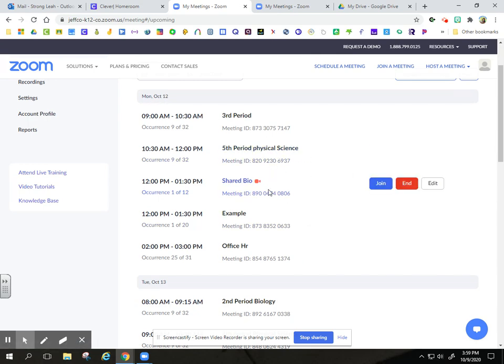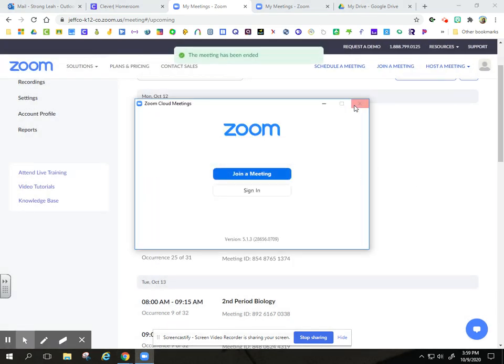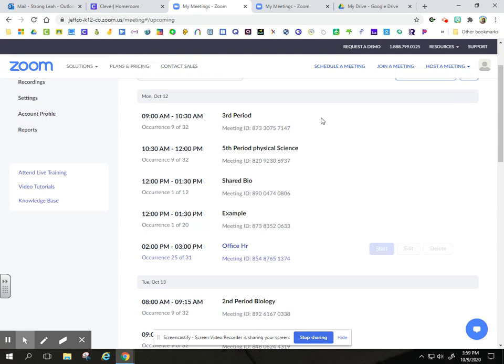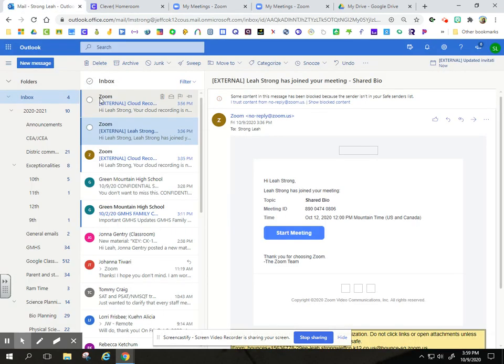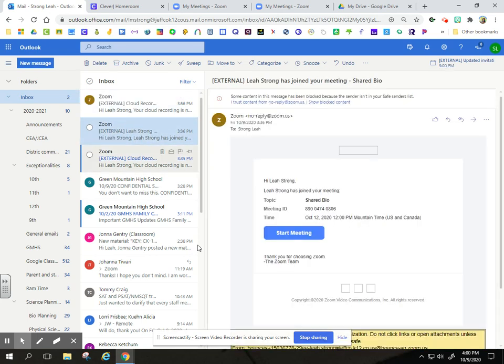I just recently found a new tool in the settings, which I told you to turn on: if a student enters before the host, it'll email you. That's probably a tool that's going to save some of you as we're trying to spray down tables or be in the hall or whatever it might be that's keeping you from being in front of your computer. The first person who wants to get into the Zoom meeting is going to send you